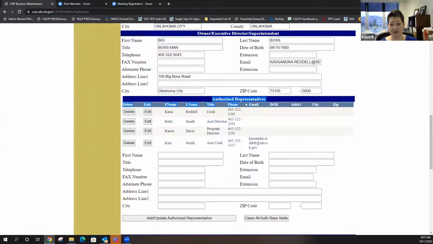However, on this section down here, authorized representatives, that's where everyone else can go. So you guys have the ability to add this. If there's someone that has any kind of responsibility in CACFP, other than the person listed up here, you need to list them, and you can add these people and remove them and edit them as you need. It's just this section that only we can change. And the reason we lock this down is because we need to make sure that we always know who that person is. And when it changes, we need to have the correct information on file for it.